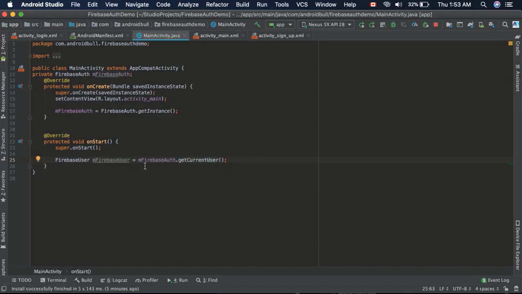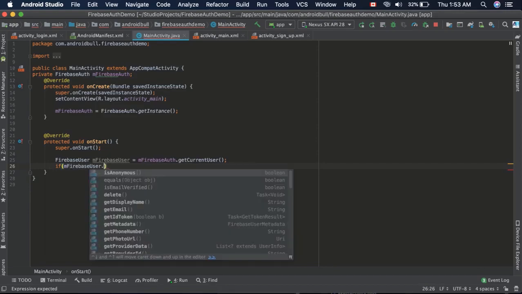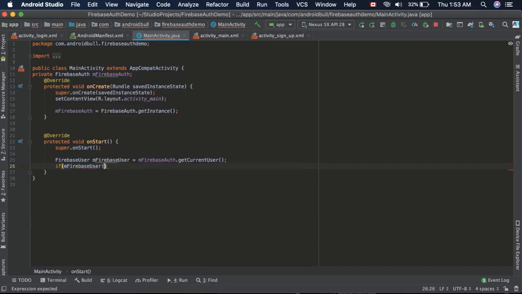Now if there is some user, that user's detail will be stored in this instance. If there is not, then we can check that right here. So if mFirebaseUser is not equal to null, which means there is some user logged in, otherwise